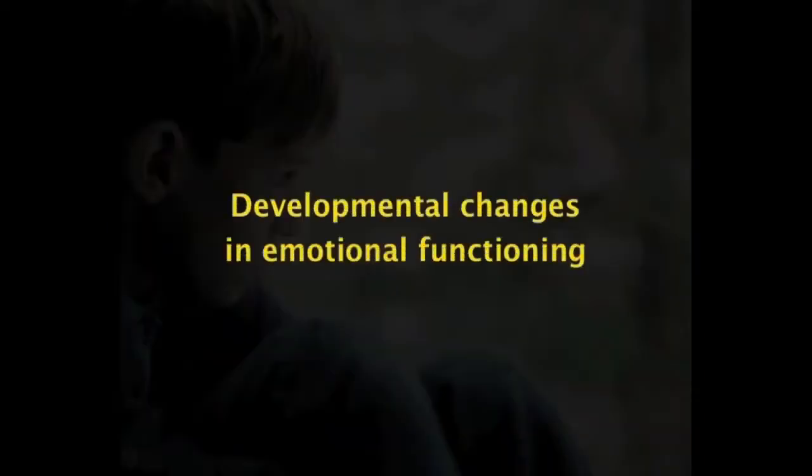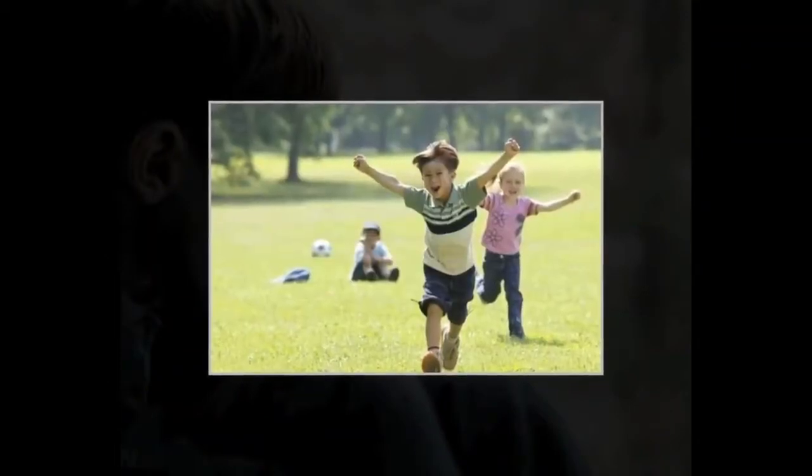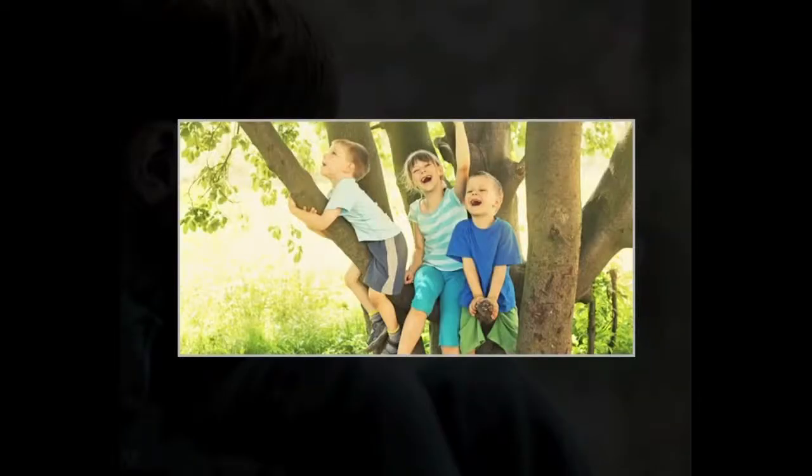Developmental changes in emotional functioning. As children grow older, they acquire a broad range of emotions. They become increasingly aware of their own and others' feelings. Their emotional development is characterized by these trends. The children become increasingly sophisticated interpreters of emotions. The children expand their repertoire of basic emotions to include self-conscious emotions. The children and adolescents gradually learn to regulate their own emotions. Adolescence brings new anxieties and pressures.